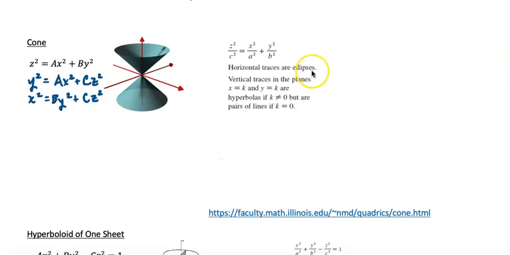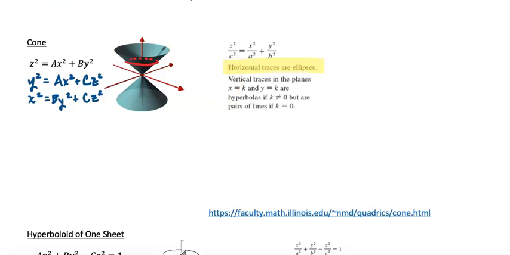All right, the horizontal traces are ellipses. And we can see that if we look at a horizontal trace around this cone, that will give us an ellipse. Now it'll give us a circle if our a and our b values are the same. Our vertical traces are hyperbolas if k does not equal 0,